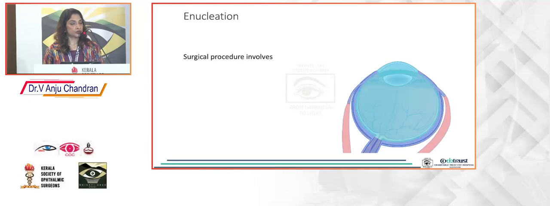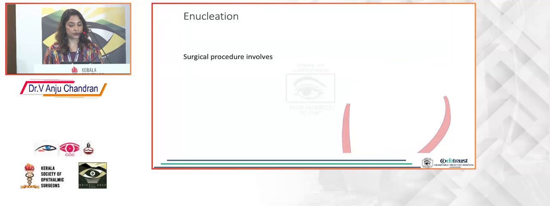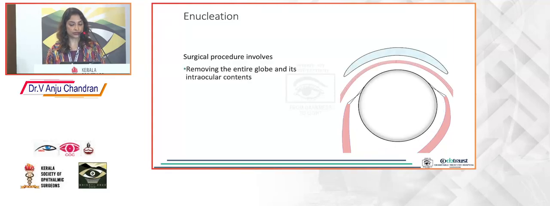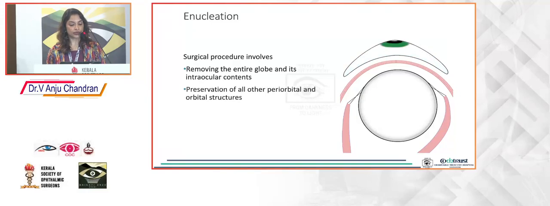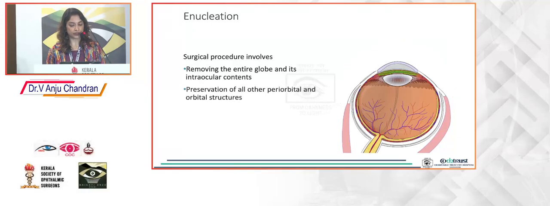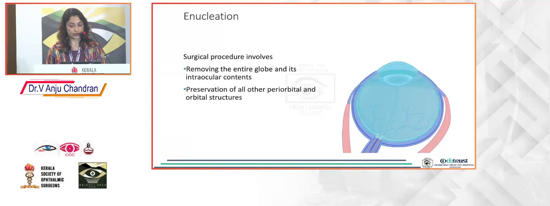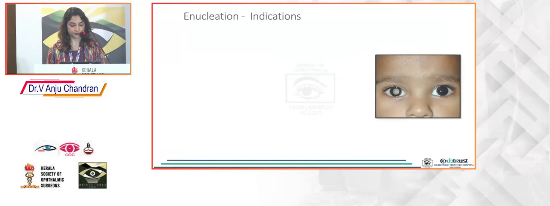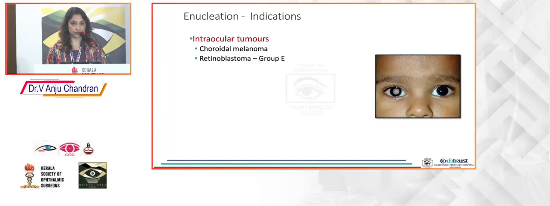About enucleation, it is a surgical procedure which involves removing the entire globe and its intraocular contents, preserving all the other periorbital and orbital structures. You can see the structures indicated in blue and violet are the ones being removed. The primary indications of enucleation are intraocular tumors, especially choroidal melanoma and retinoblastoma group E, which do not respond